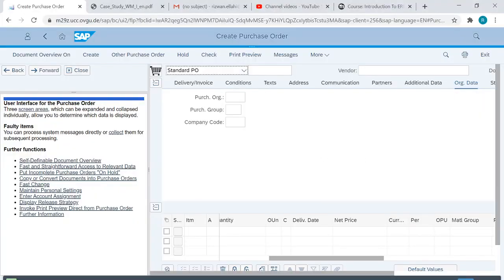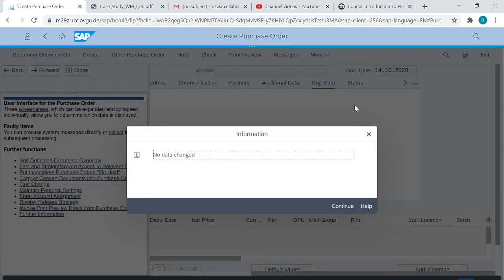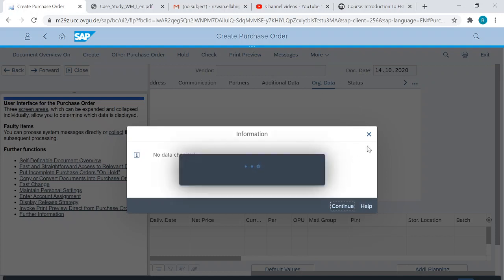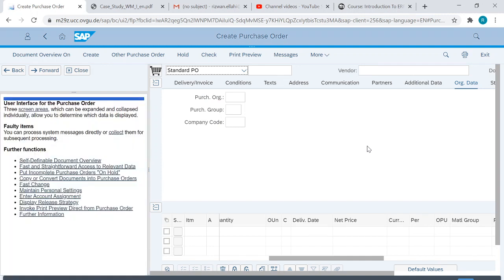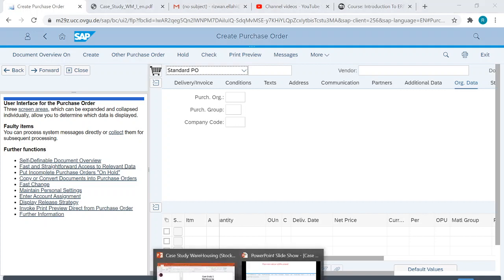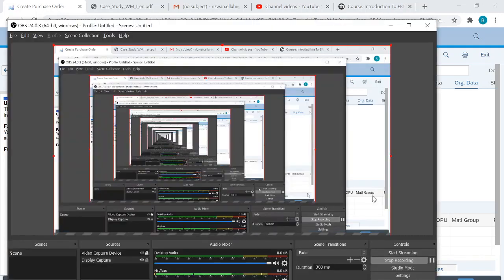So this will be saved. Okay, so this is how we will be creating a purchase order, and I hope you will understand and practice as well. In case of any issues, you can ask me.